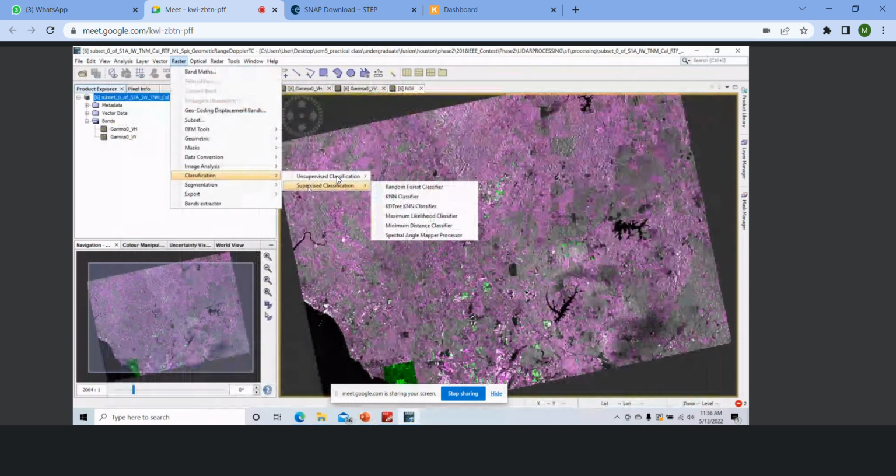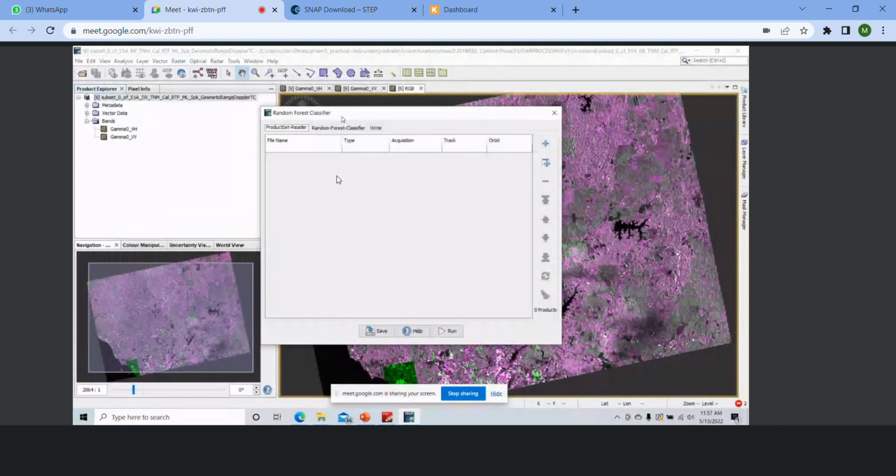There are several algorithms here in the SNAP software to process. The algorithms are random forest classifier, KNN, KD-tree KNN, maximum likelihood, minimum distance, or spectral angle mapper. In this case, I choose random forest classifier, and we need to import the product, but since it's already in SNAP, for the product image we just click add open. After that,